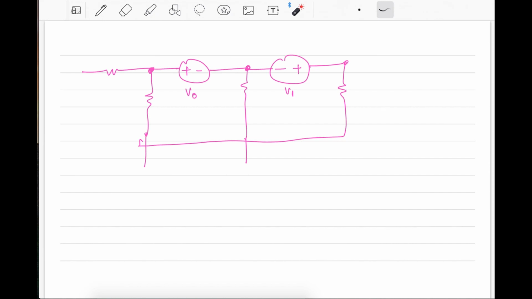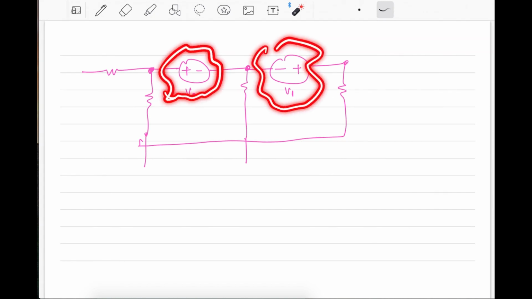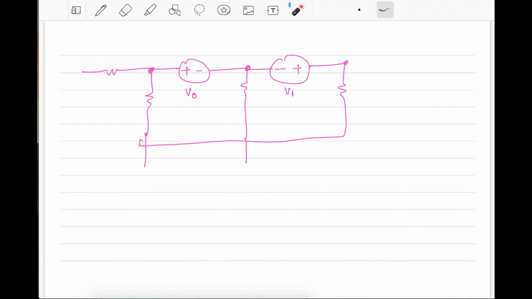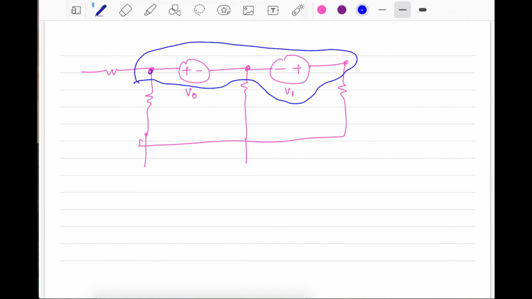So now instead of having two Gaussian surfaces like this and solving it, it's better to actually draw a Gaussian surface like this, which encompasses all the three nodes into one. So this is another way of doing it. As the complexity arises, and if you see there are some voltage sources directly connected in between two nodes, then you can actually form a Gaussian surface like this. And now this is the Gaussian surface which includes three nodes and not two nodes.